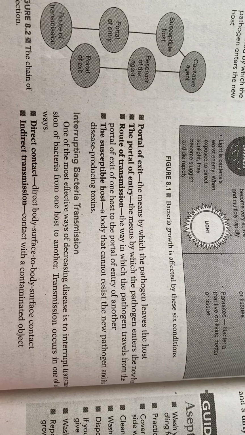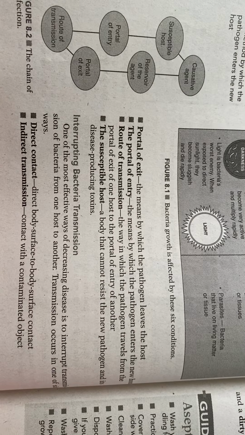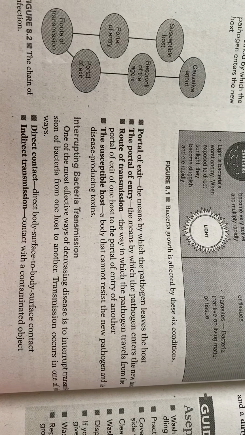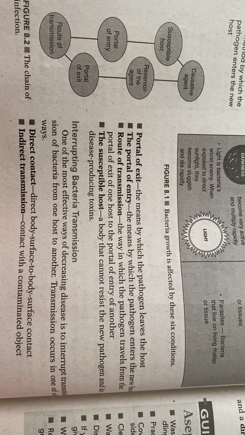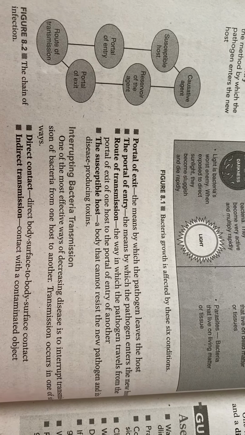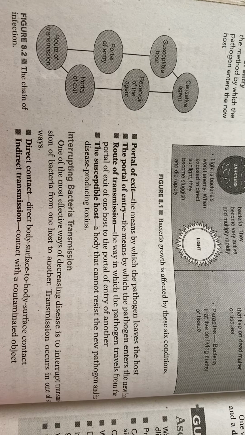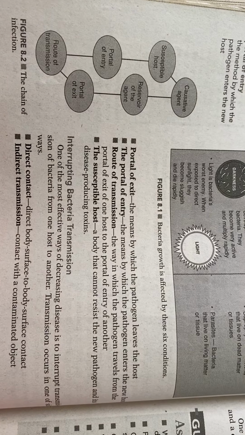Interrupting bacteria transmission. One of the most effective ways of decreasing disease is to interrupt transmissions of bacteria from one host to another. Transmission occurs in one of 6 ways: direct contact, direct body surface to body surface contact, indirect transmission, contact with contaminated object,